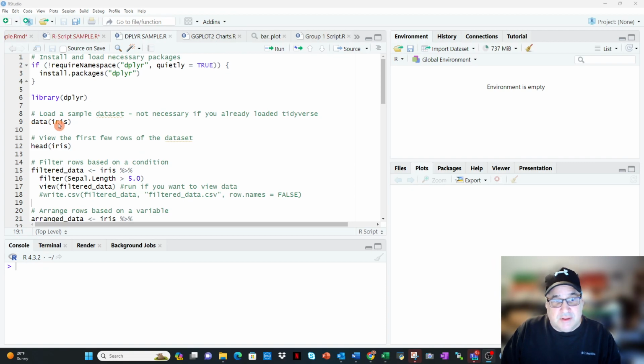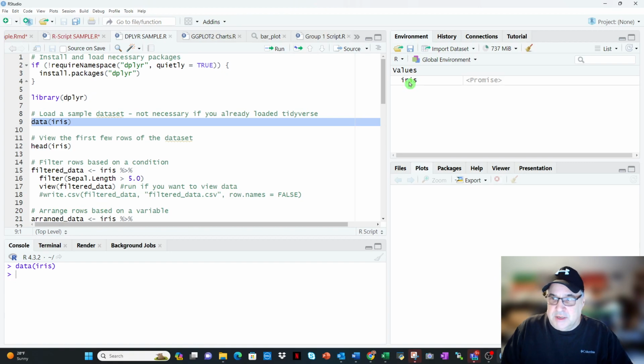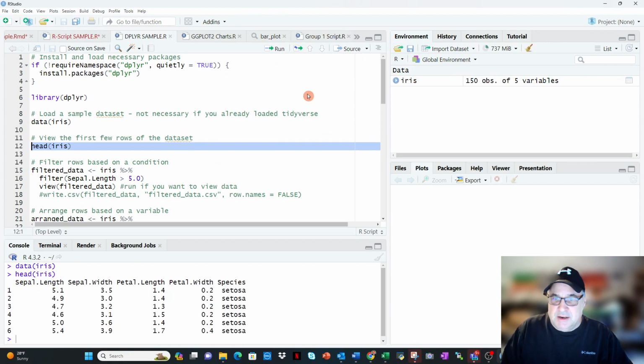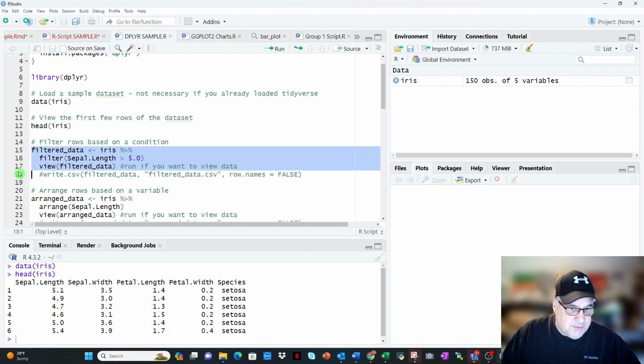First, there are embedded data sets within tidyverse that you should have already loaded on your system. It's probably already loaded if you loaded tidyverse, but I have this in here. It doesn't matter if you load it twice. It brings in the data set iris. Some simple functionality: you can see the headers for iris just so you know what's there. But then we're going to learn some functions that you'll be using. So first, filtering, and I highlight the rows here,